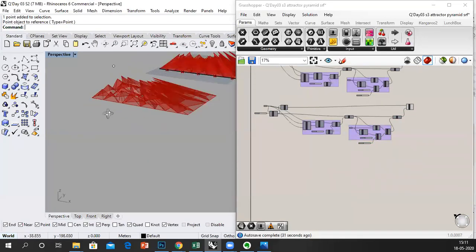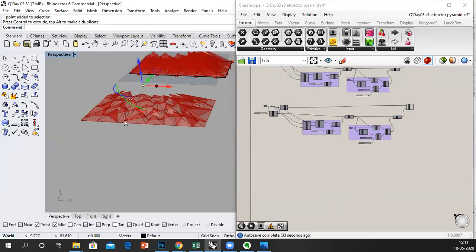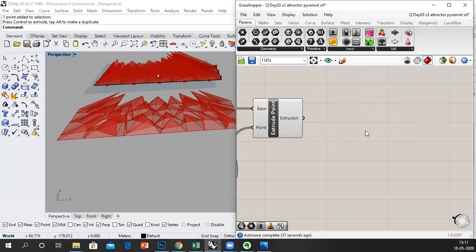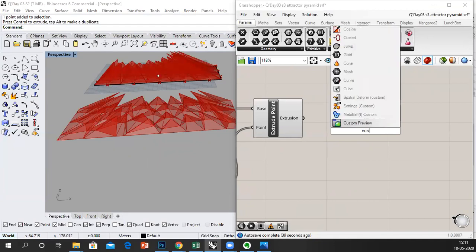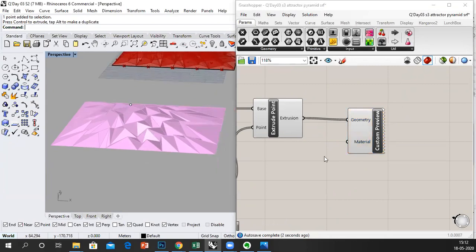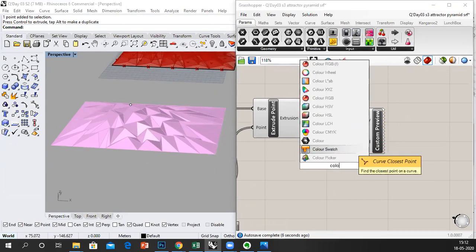So what you get. Entity இதுல வந்து like if you need to see preview, custom preview போட்டுட்டு you can kind of like check how the component is going to look. You can even set your color by using a color picker.